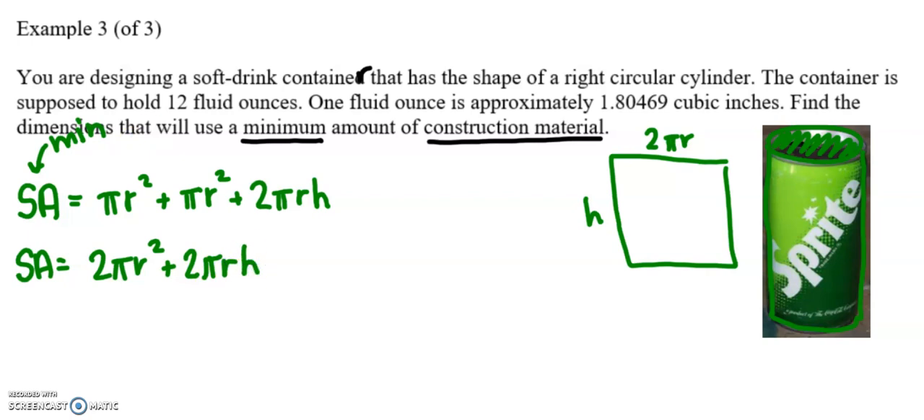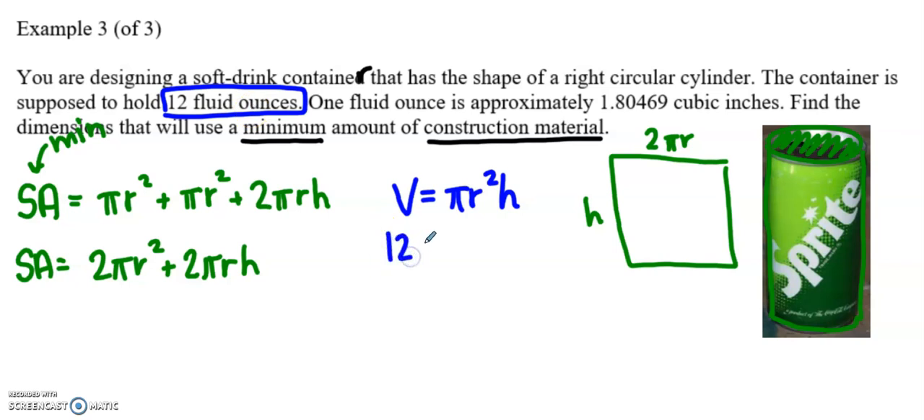So what can I use to be a helper equation? Well, my volume is supposed to be 12 fluid ounces. So the volume will be equal to pi r squared h, another formula from geometry. 12 fluid ounces is what this is supposed to be equal to, but all of this stuff was in cubic inches. So 1 fluid ounce is approximately 1.80469 cubic inches. So for 12 ounces, I'm just going to do a little unit conversion,